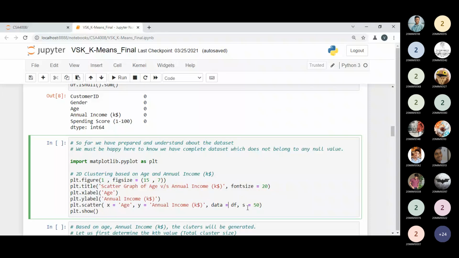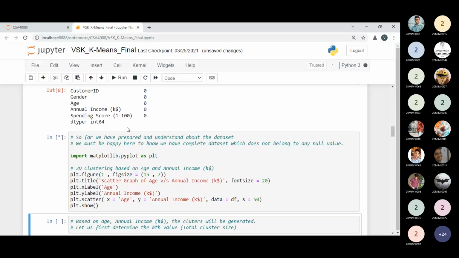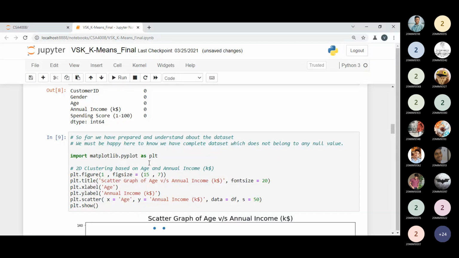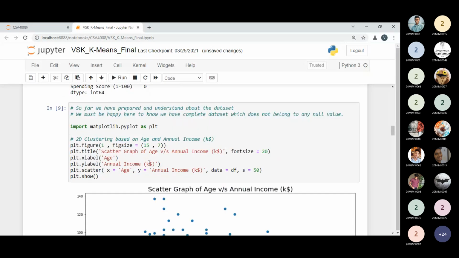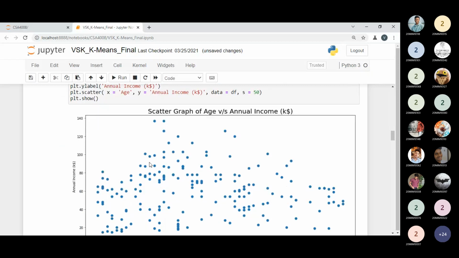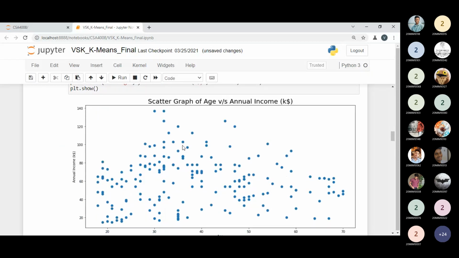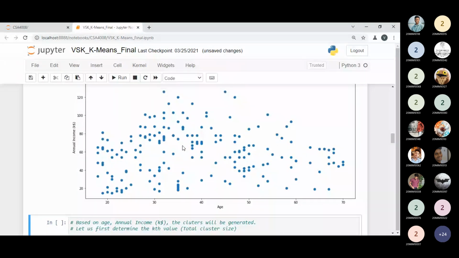Let me show the graph first, and I will explain more detail about the graph, because with visualization, everything will be clear in front of you. After displaying this graph, you will be able to identify how many clusters we can have. So now you can see. Are you able to see this graph?